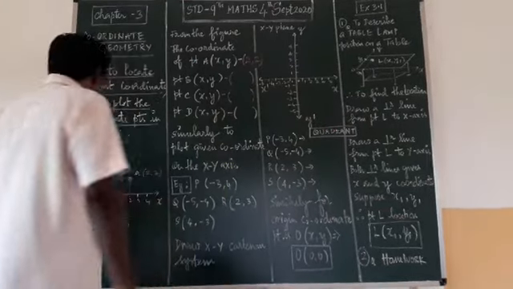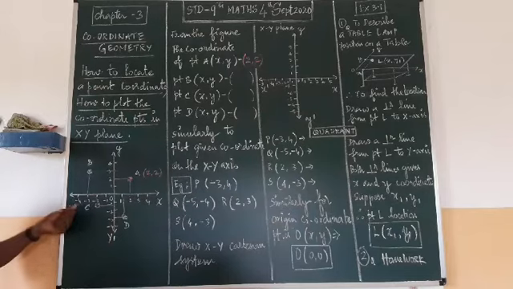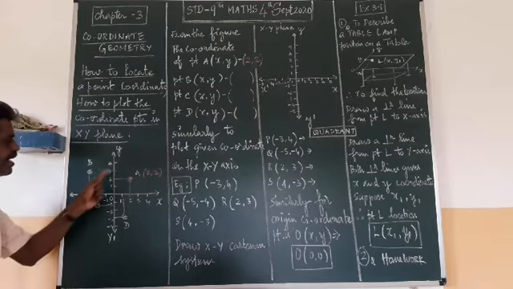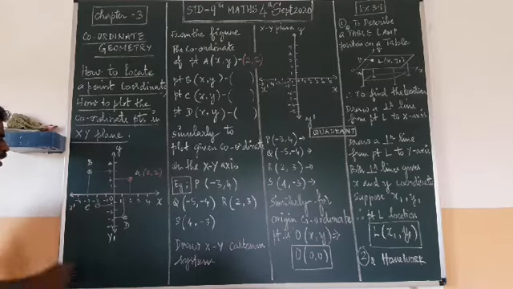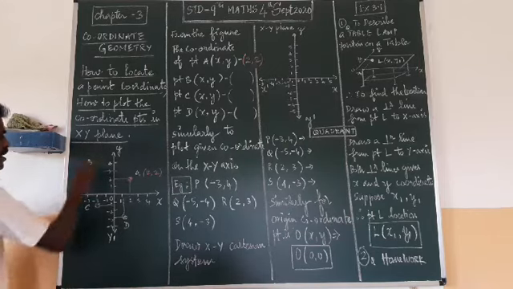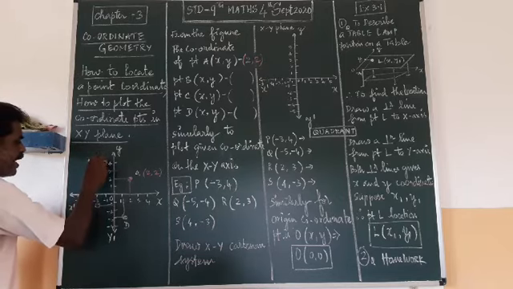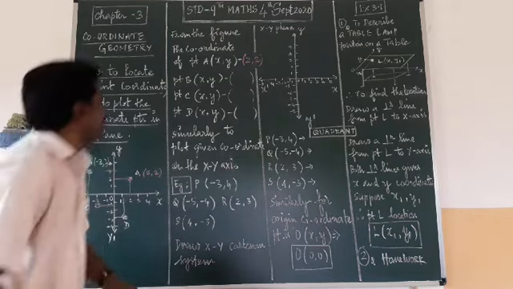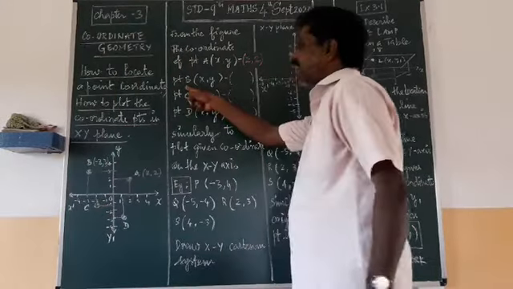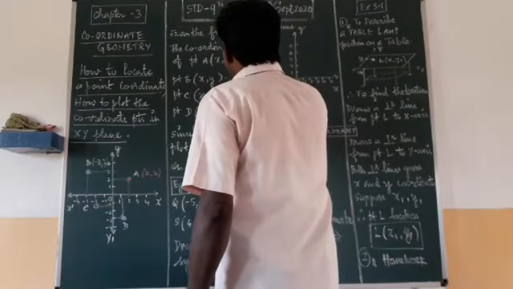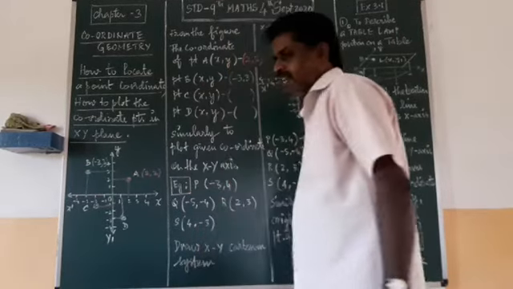Okay. Same thing for B. You see that the vertical line touches the x-axis at -3, and the horizontal line touches the y-axis at +3. So what is the coordinate point of B? In the bracket you write first the x coordinate -3, then the y coordinate +3. From the figure, if you are writing the result, point B, x comma y equals -3 comma +3.